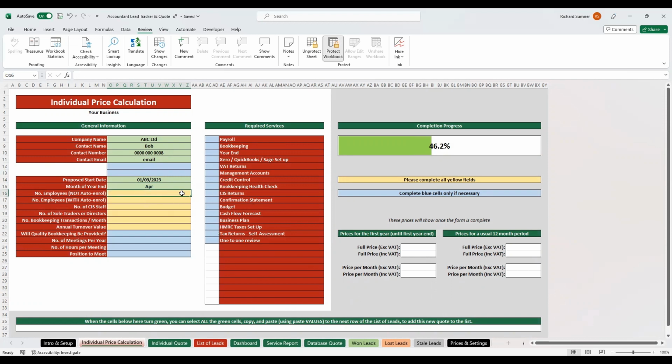Number of employees not on auto enroll. So if you say, for example, they've got 4, number of employees on auto enrollment, they've got 4. Number of CIS, you can put it in. If they don't have any, you can put in a 0. Number of sole traders and directors, 2. Number of bookkeeping transactions per month, 850. And annual turnover value,